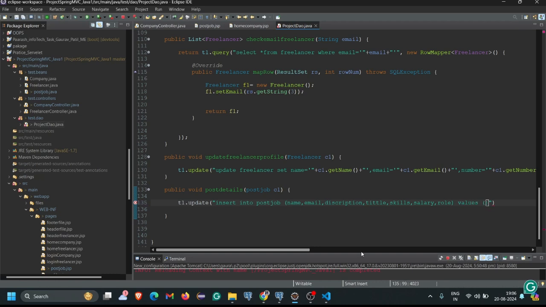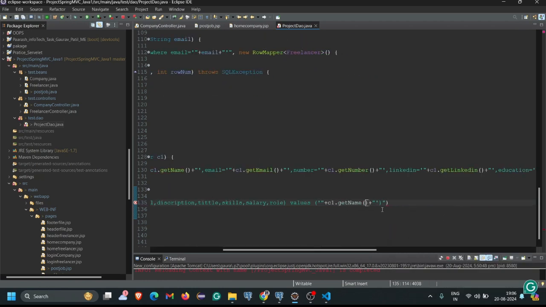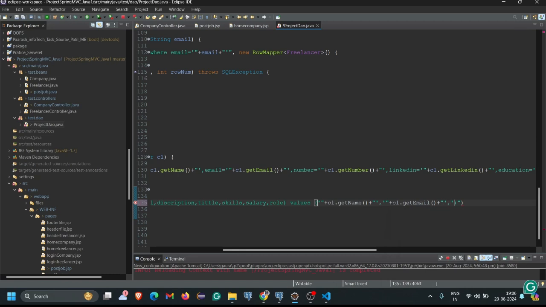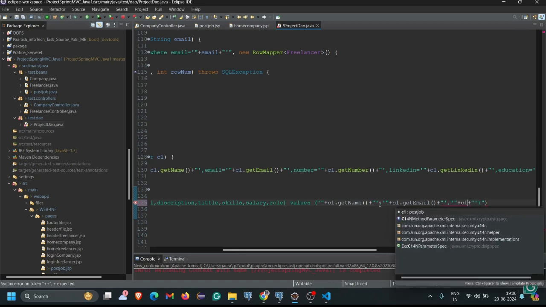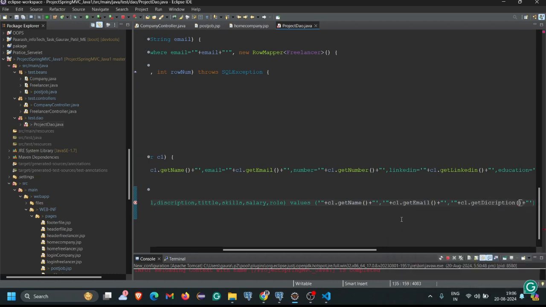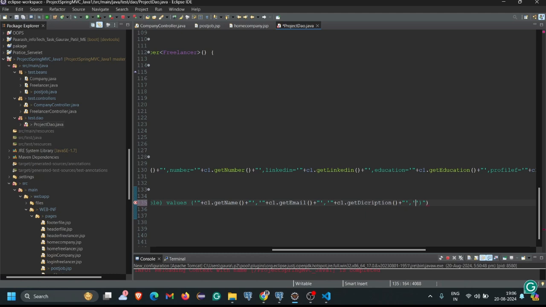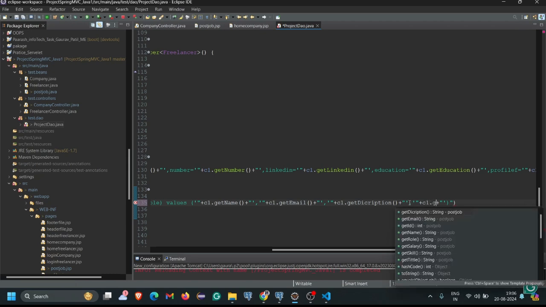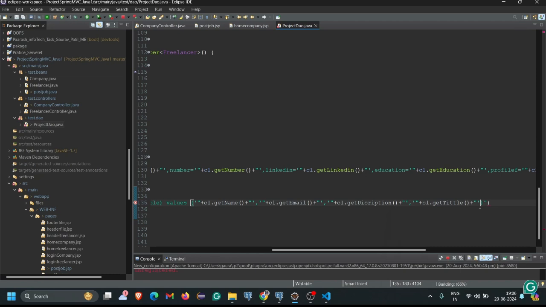Then we have to again write a bracket, then in that bracket we have to write it as a single colon, double colon, plus plus c1 dot get name, click on enter, then we have to simply put here comma, then single colon, double colon, plus plus c1 dot get email, then we have to put here comma, then single colon, double colon, plus plus c1 dot get description, then we have to again put here comma, that is a single colon, double colon, plus plus c1 dot get title,